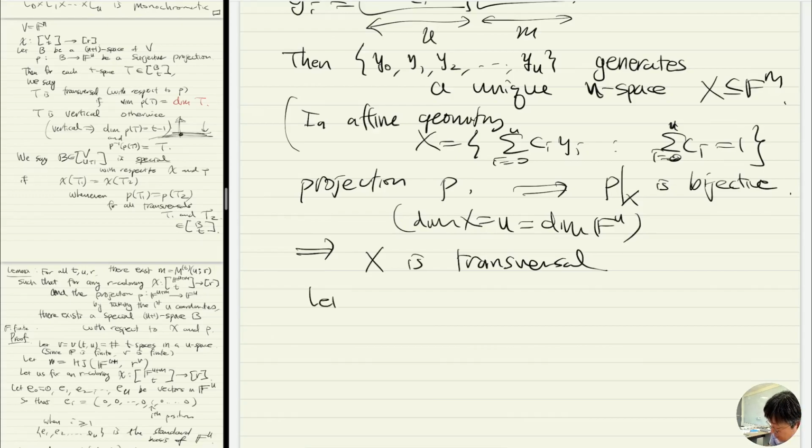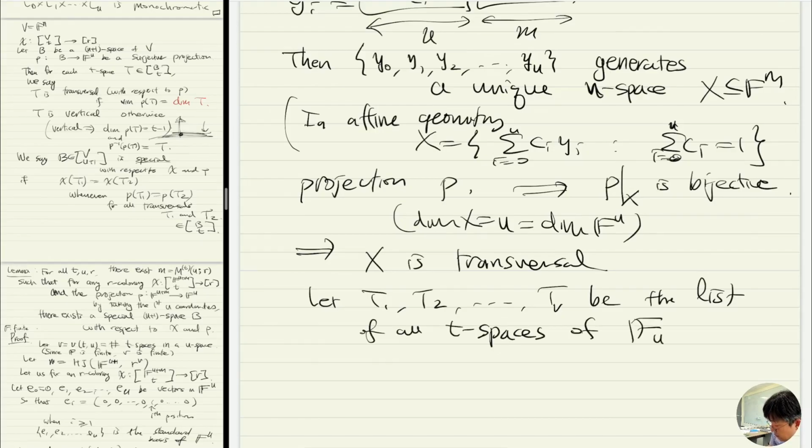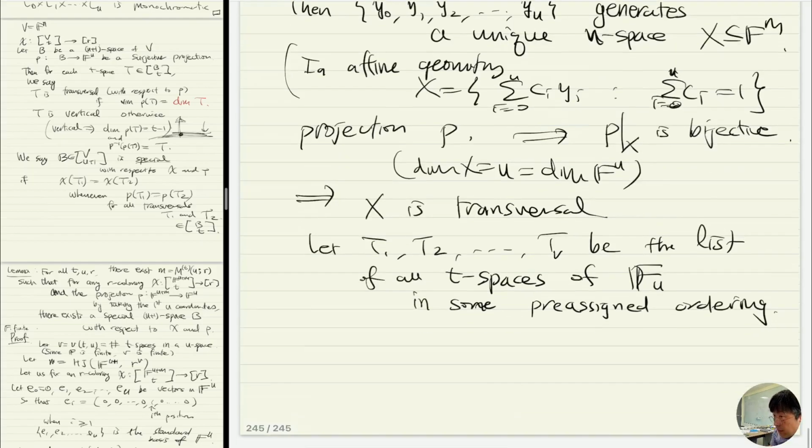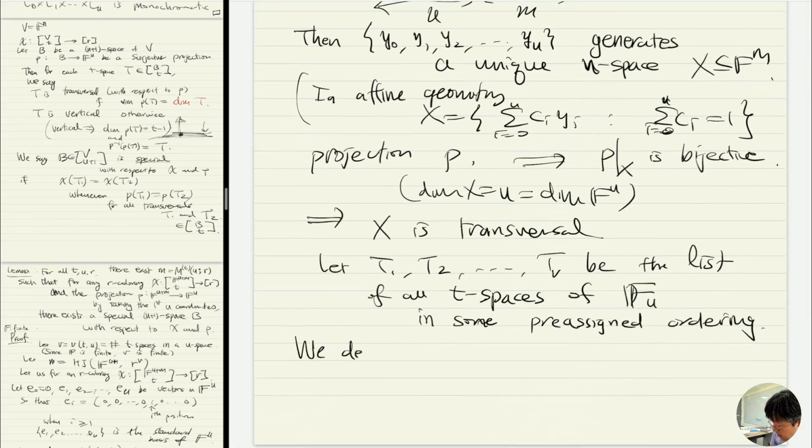Now I'm going to take all possible subspaces of F^U. Let T1 through TV be the list of all T spaces of F^U in some preassigned ordering. Now we define a coloring